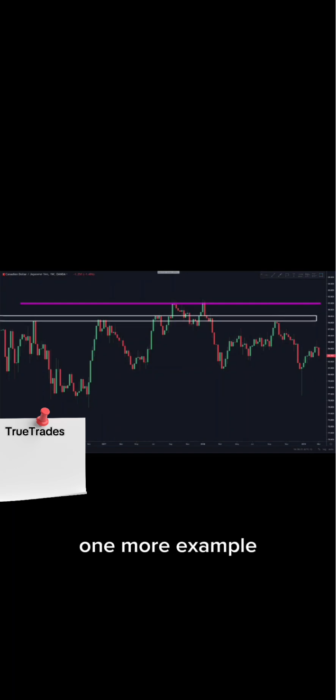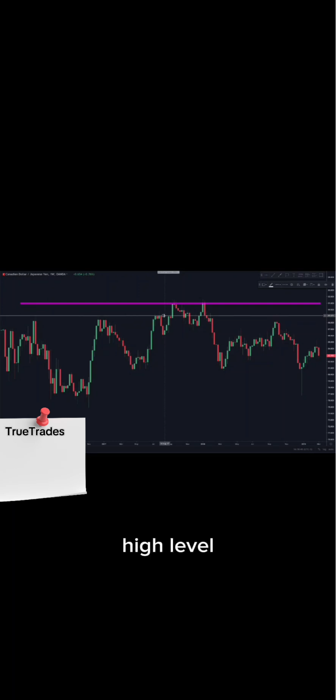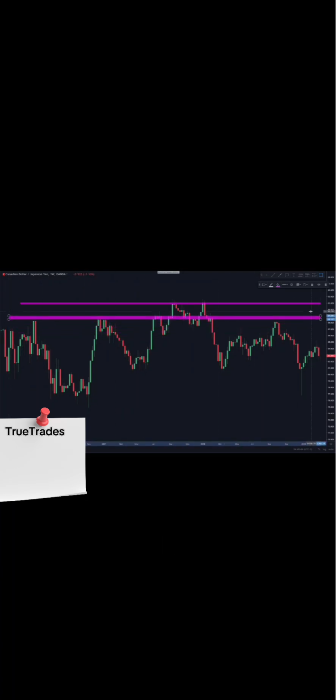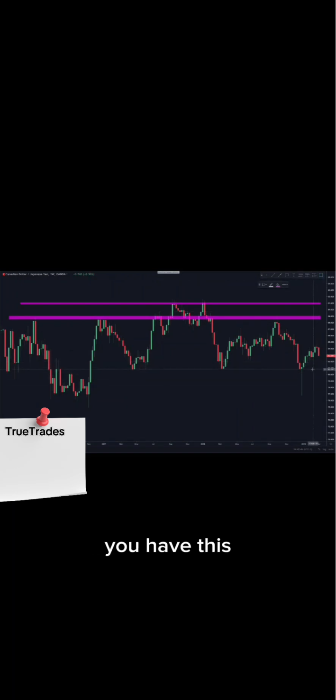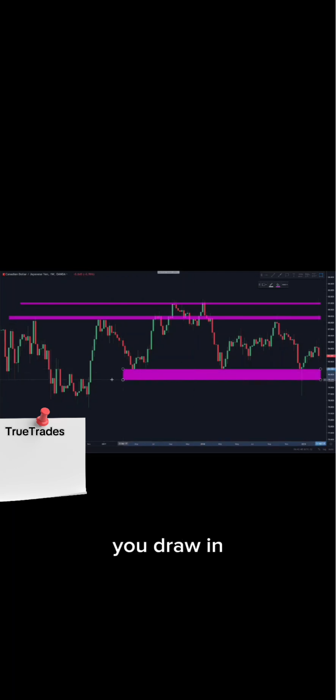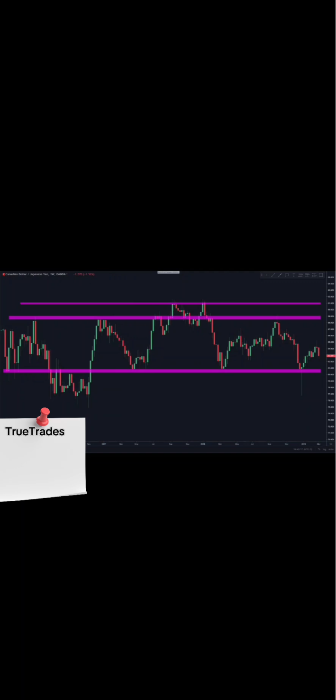Moving on down, you have this next level here, and again, you draw in lines like this. Or, again, create a zone like this. Next, you spot these rejections here. Again, we choose the zone. And finally, at the bottom,